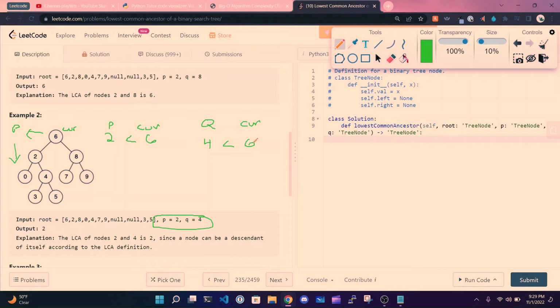4 is less than 6, so we know that Q, or what it's currently set to, which is 4, is over here. So we know that we can just disregard these nodes. This whole right subtree is out of consideration. And this is also out of consideration because it's not equal to. Okay? And then we're going to move our current pointer to our left subtree